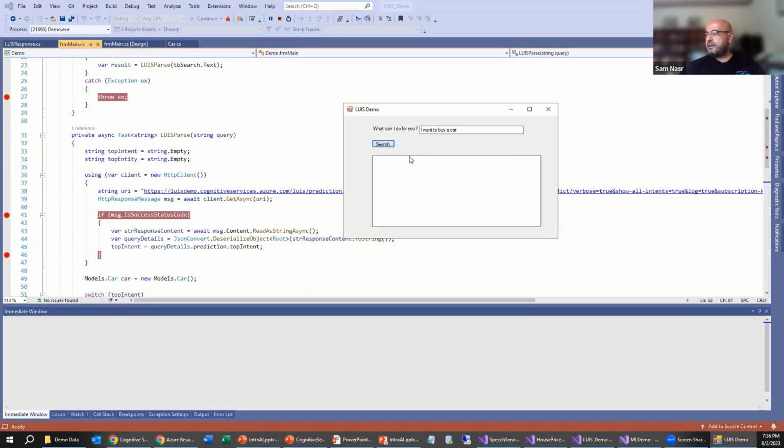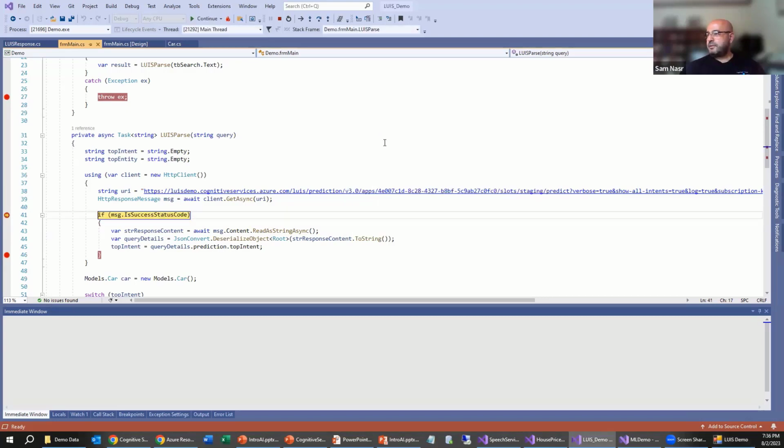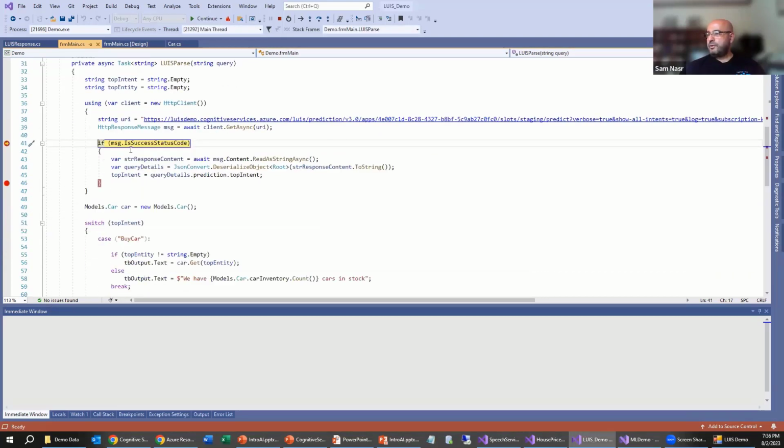And there is my kiosk interface. It says I want to buy a car. If I click search, now it's going to go through the code. We're making a call to that URI. The status coming back is successful. Now it's going to read the string in the content message.